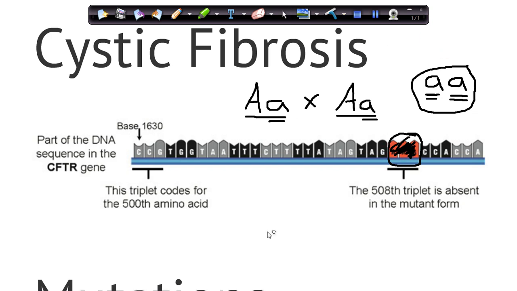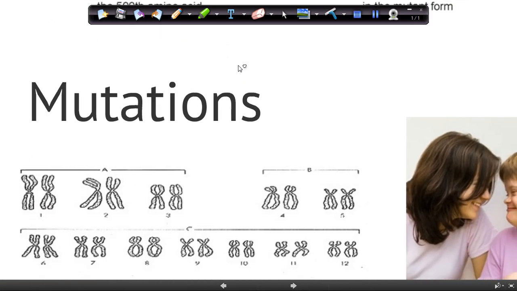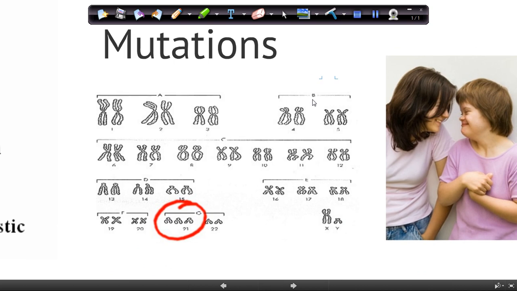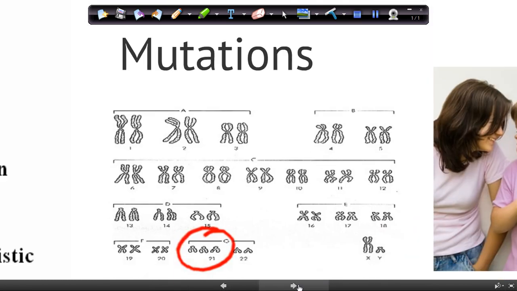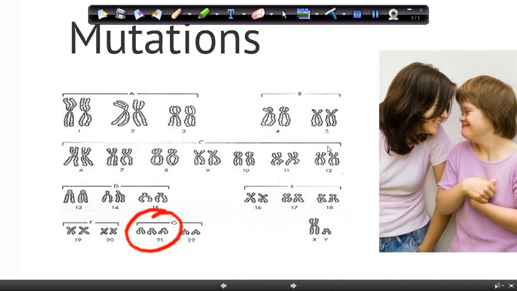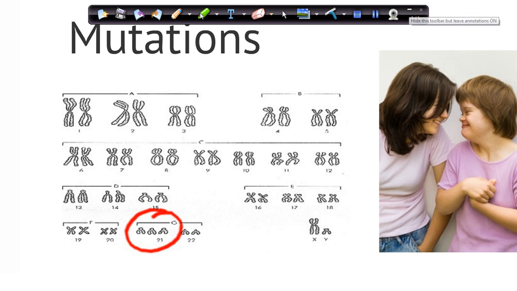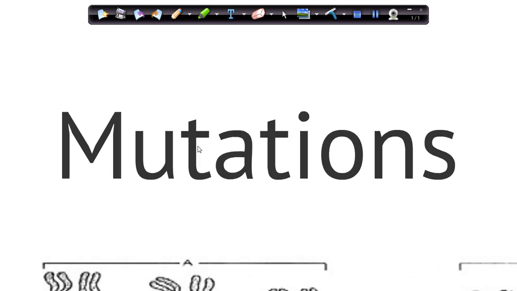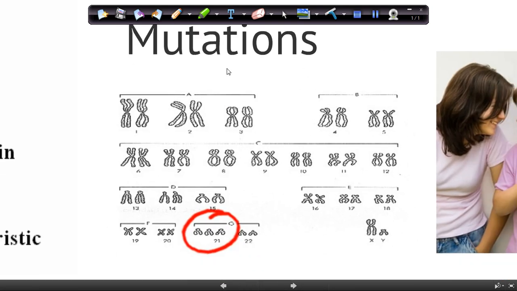All right, so let's look at another example. Another example of a mutation is this one here, and this one is Down syndrome. So this is a little bit different. Down syndrome is actually the result of getting an extra chromosome. So what's happened here, you can see this person has inherited an extra chromosome 21, and that's what causes Down